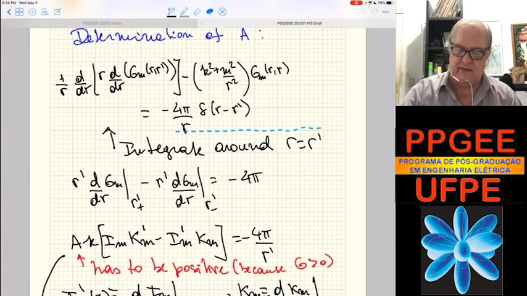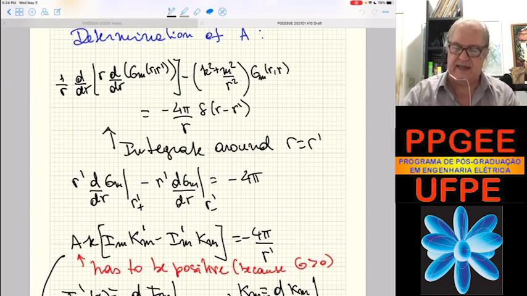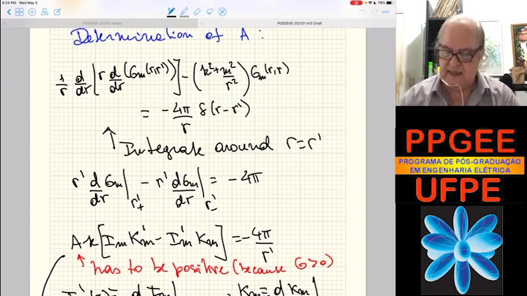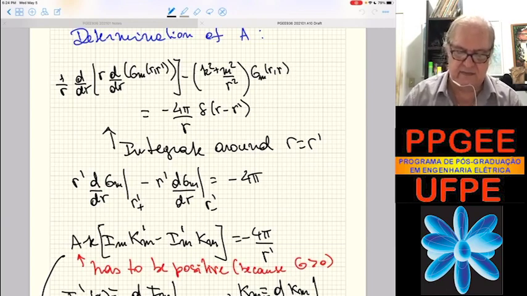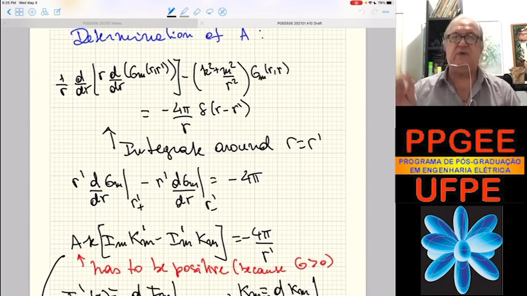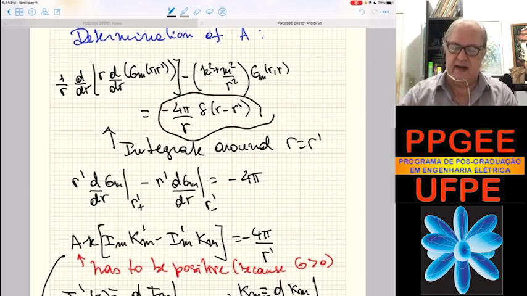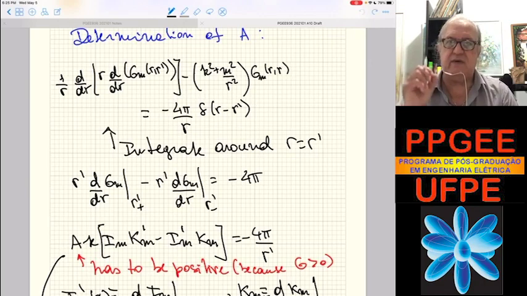So just integrate around r equals r prime. On the right hand side, you're going to have a 4 pi over r prime. In fact, the integration is like this. I can simply integrate, it's okay. When we do integration around r equals r prime, you can keep the r here if you want, but if you do the integration in the limit,